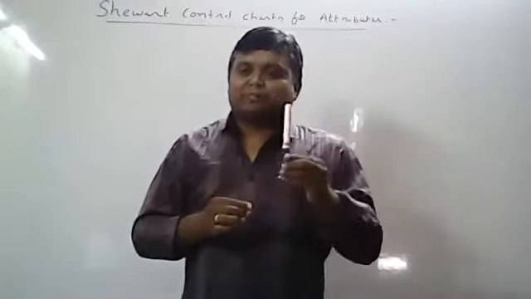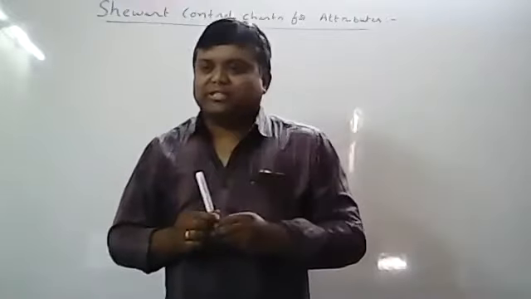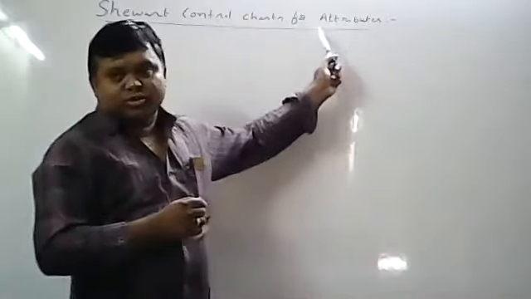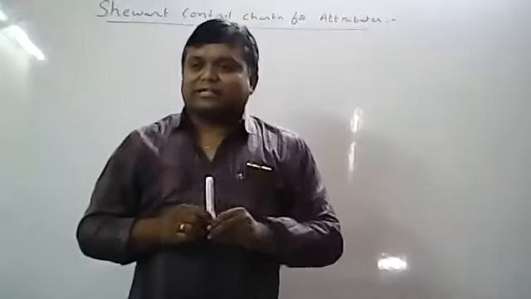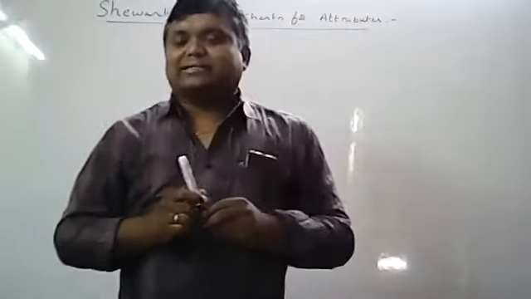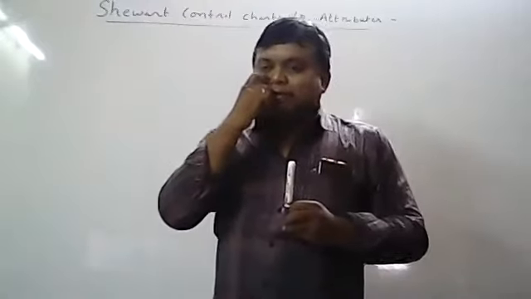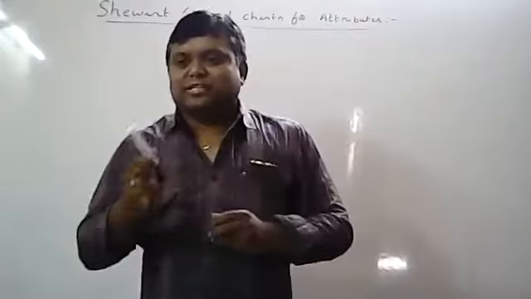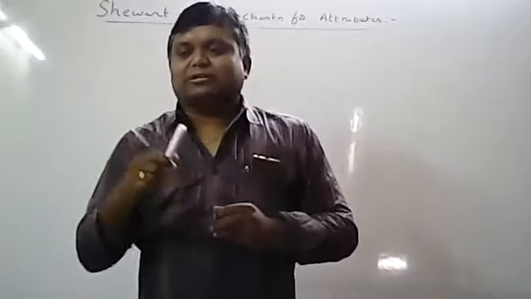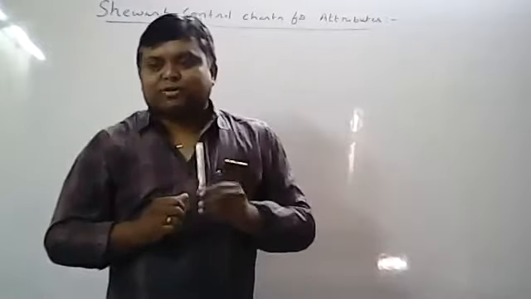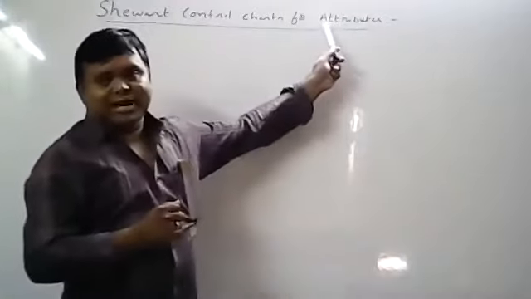So by its presence or absence, you can identify; you cannot measure. That type of control chart is called a control chart for attributes. Whenever a qualitative characteristic cannot be measured on a continuous scale or a quantitative scale, in such data, by its presence or absence, that means either a defective item or a non-defective item, you will say. This type of control chart is called a control chart for attributes.